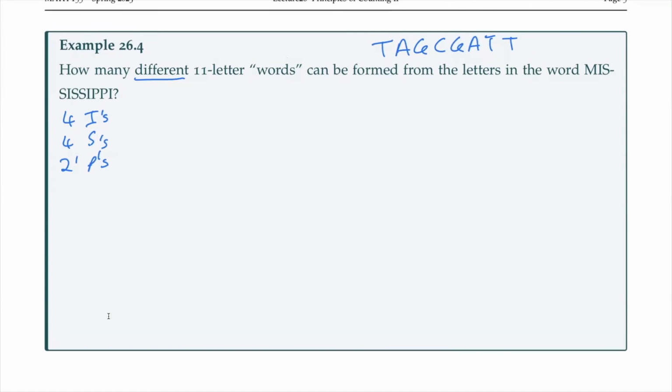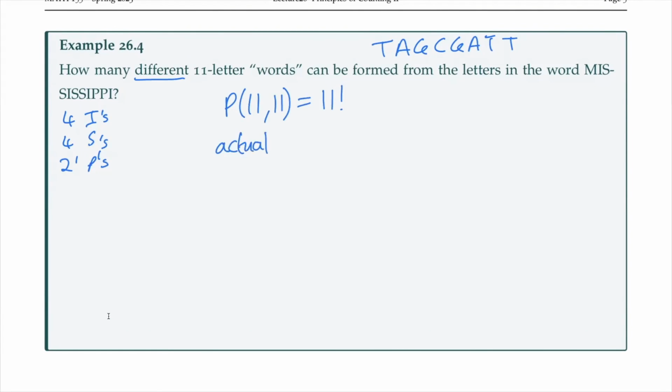If we gave each of these I's as being a different I, if we just treated them differently to start with, then our total number of permutations, we have 11 letters in Mississippi, so our n and our k in this case are the same because we're trying to choose a permutation with all the letters in Mississippi. This is going to be 11 factorial if they were distinct letters. But